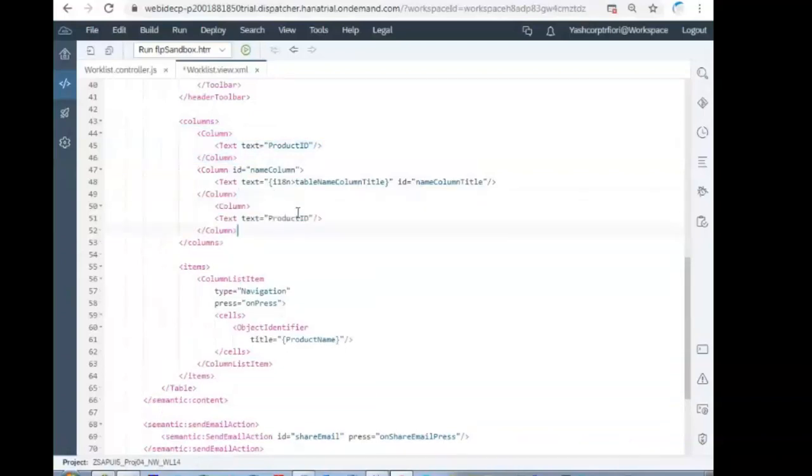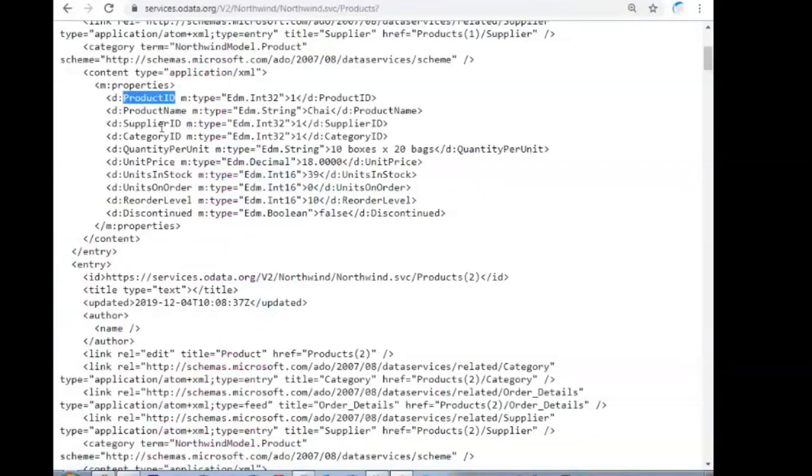Product name is already there. Supplier ID, category ID. Okay, we'll just add